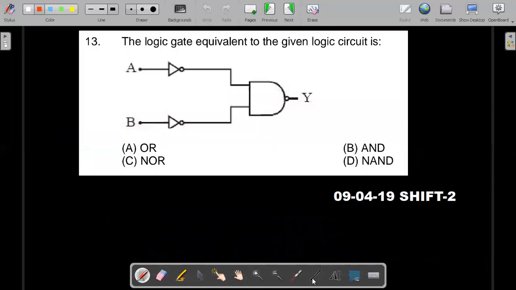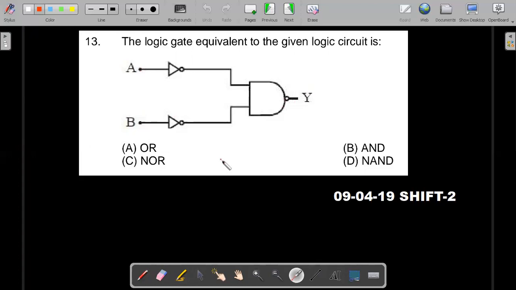Let's move on. The logic gate equivalent to the given logic circuit is... there are certain gates here, with inputs A and B. What is the output? This entire circuit is equivalent to which of these operations, he's asking. Have a try and then we move on with the solution. There are two types of solutions given by different books. The standard, safe one, if you have time in the exam, is to draw a truth table. You put 0 0, 0 1, 1 0, 1 1, and get the truth table out and check which truth table it matches.